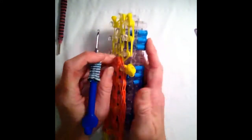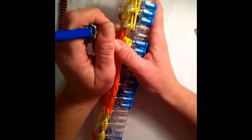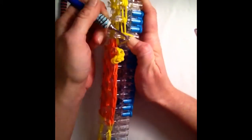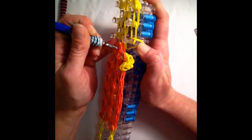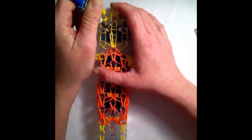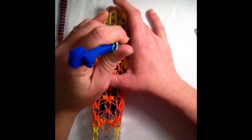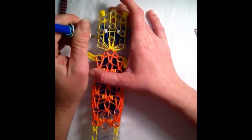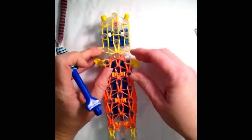You're then going in through all of these bands, grabbing the first 2. I find sometimes it's easiest to grab these bands and hold them back with my fingers so that I can see what I'm doing. And the first ones will be going forward. My next 2 go to the right, and my last 2 go to the left. You're then going to push all of this down, out of the way,